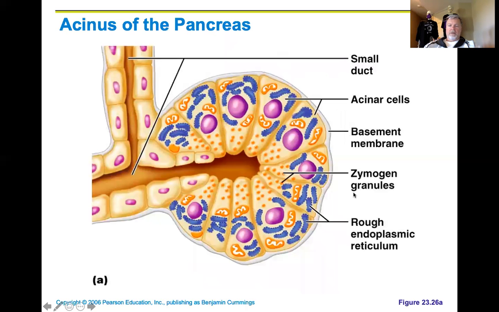Let me change slides. There we go. We have what are called acinar cells, and these are the ones that contain these granules. There's the zymogen granules. Those granules are where you find the digestive enzymes. Okay, and so as far as those digestive enzymes go,